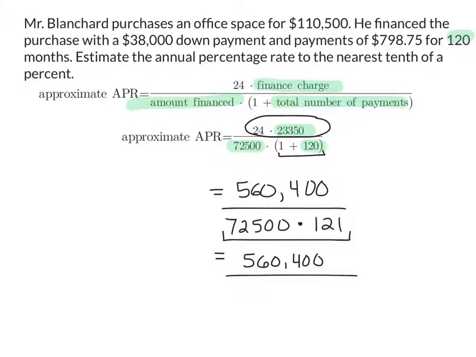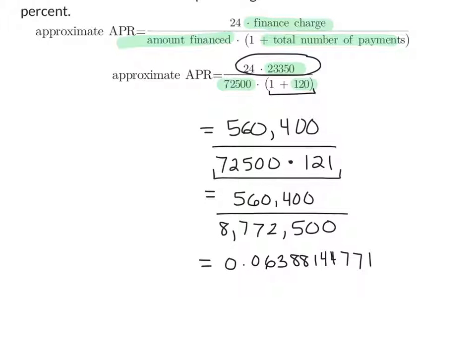And then 72,500 times 121 gives us a value of 8,772,500. And lastly, we just want to divide those two values. So you'll take the top number, 560,400, and divide that by 8,772,500. We get a decimal of